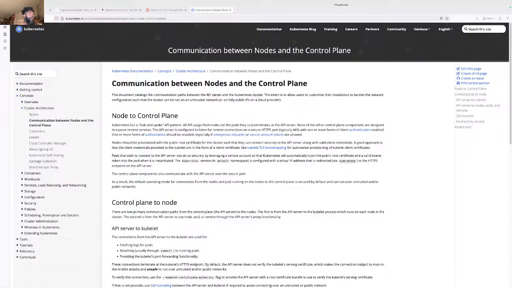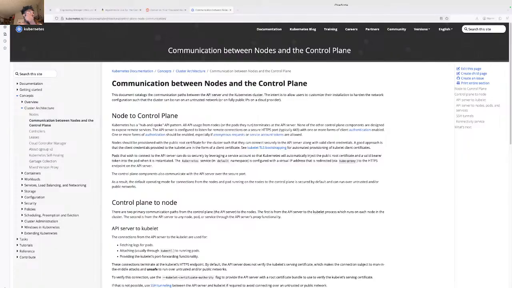So it's saying API server to kubelet connection. Where is this coming from? Control plane hosts the API server. Okay, so control plane, and is that the kube-apiserver?